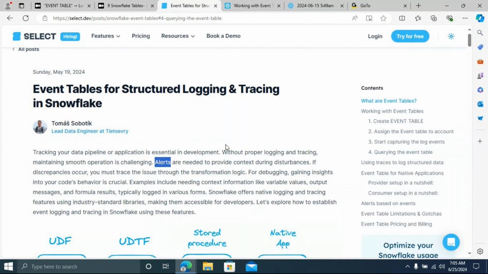Now, everything will finally be logged into the event tables. What is meant by event? Anyone, guys? What is meant by event? Whenever a stored procedure is called or triggered, the event will be called.